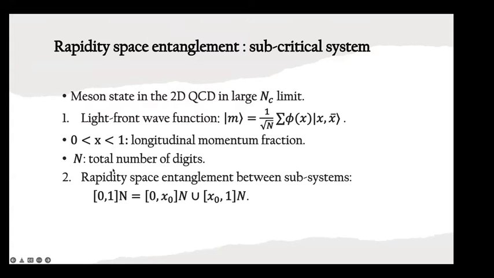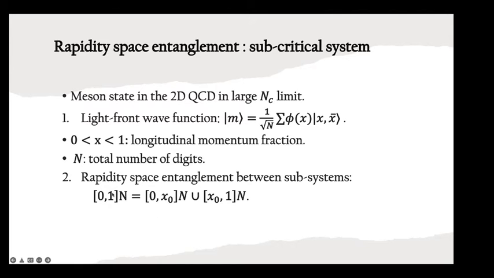And in the language of discrete light front quantization, you need, roughly speaking, a total number N of digits to describe, in the momentum fraction space, a hadron with light front momentum P plus. And if you put the system in a finite box in the light front x minus direction, which we call the light front space, then N equals, roughly speaking, P plus times L minus. And this N also plays a natural role as the rapidity cutoff in light front quantization.